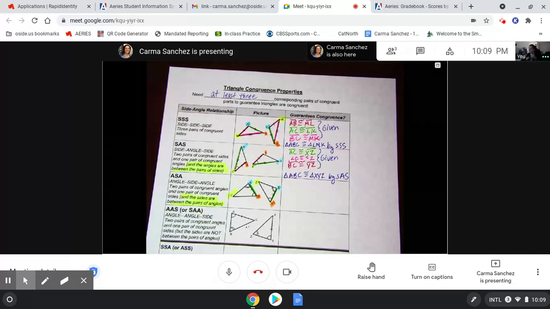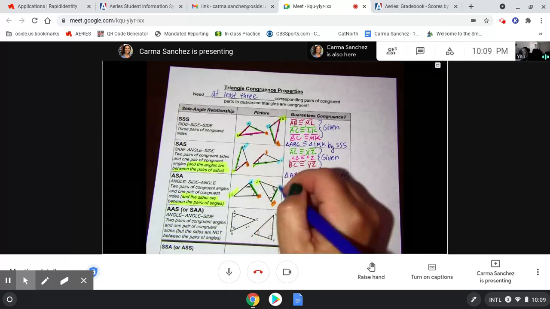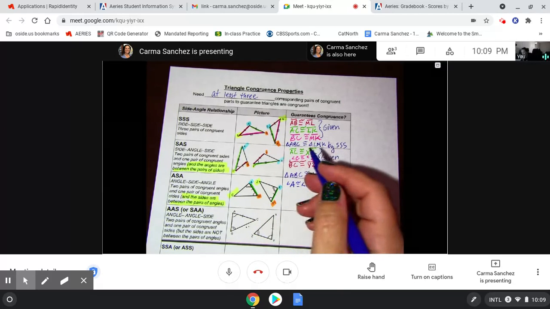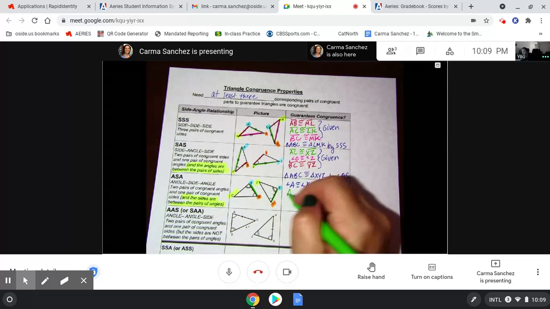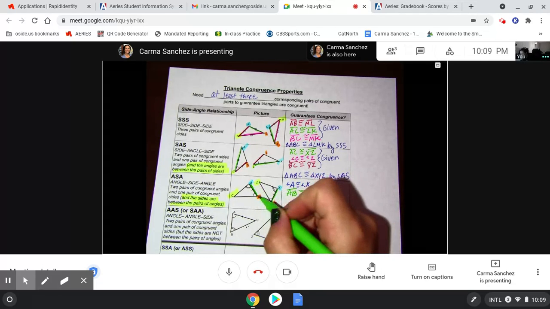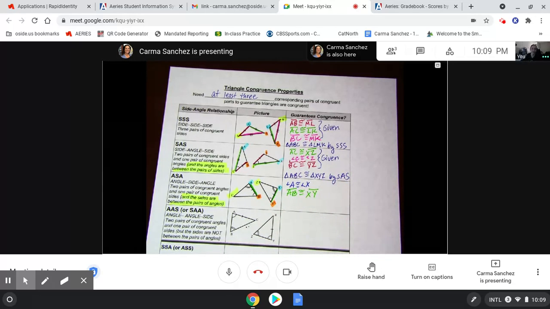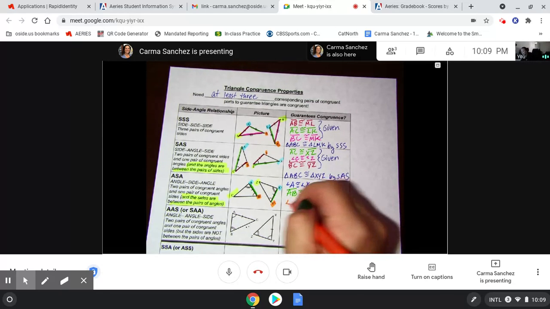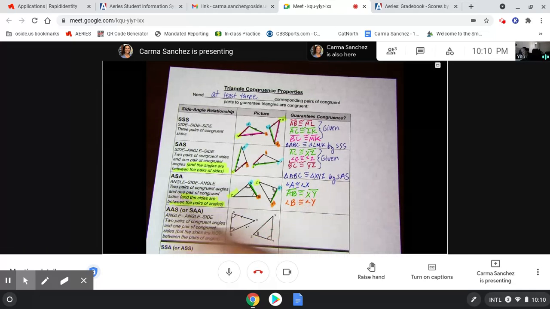So here I go. Angle A is congruent to angle X. And then I'm going to do the in between the side. Side AB is congruent to side. Notice I went blue, orange, so I have to go blue, orange, XY. And finally, angle B is congruent to angle Y. There's my orange angle. And so because I have an angle, a side, and an angle, ASA, I have enough